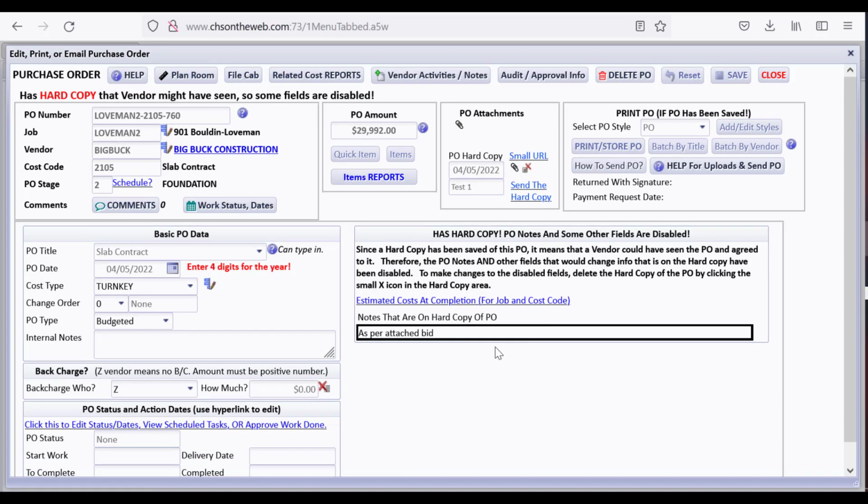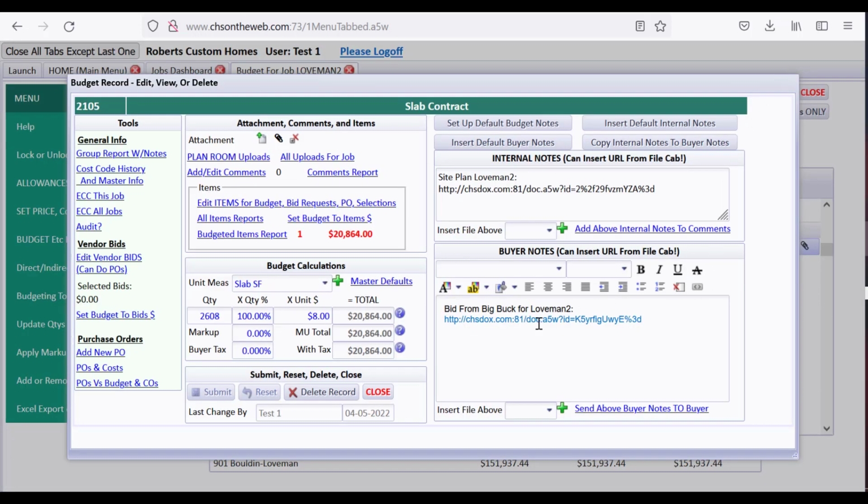But I want to show you opening all that stuff from the file cabinet. But that's what happened with the PO, and you could have sent a comment out to your vendor, like you saw there, to send the PO to them by saying send the hard copy. It will create a comment. It will include the hard copy of the PO in it. And then if they open the PO as a PDF, they will also be able to drill down to the attached bid. I need to do this pretty fast so I don't make this too long,